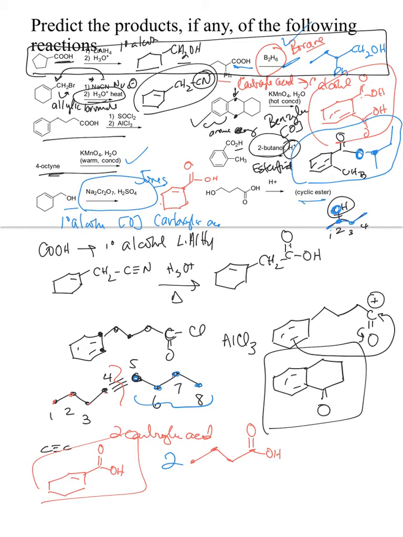And then here's a cyclic ester. So this is esterification, but here's your alcohol portion, and this is your acid. So this is going to come here, and so this will actually leave as water, be your leaving group. So this will come up, and then it'll reclose. So now you've got to count your carbons. 1, 2, 3, 4, and then you have a 5. So you have a 5-membered ring,